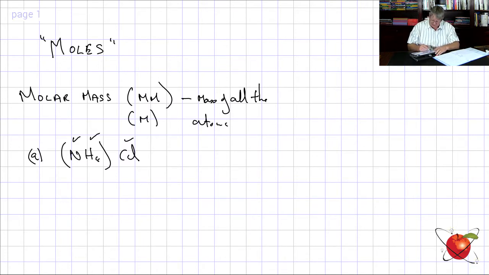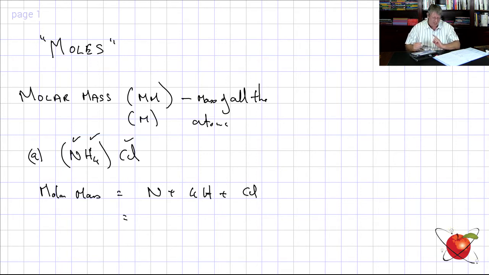Okay, the molar mass is equal to N plus 4 H's. There they are, NH4, 4 H's. Okay, let's just make you a bit prettier. I always do that, don't I? NH4: 4 hydrogen atoms plus a chlorine atom. How much is nitrogen? 14, plus 4 times hydrogen, which is 1, plus 35.5. The molar mass of this is 53.5 grams